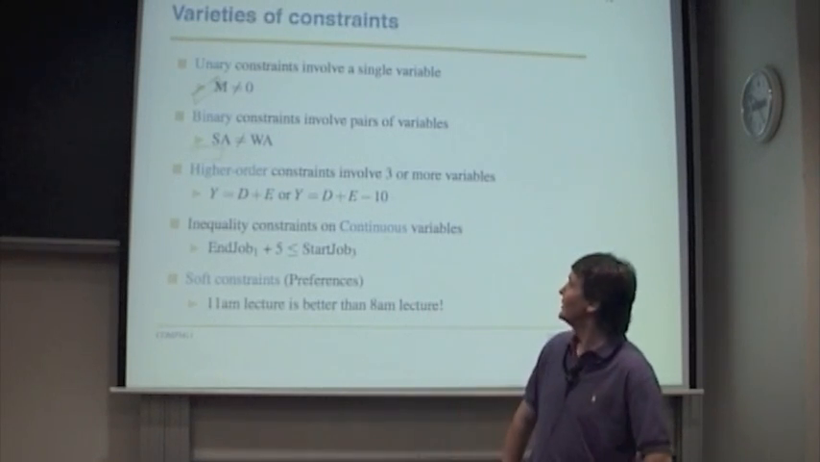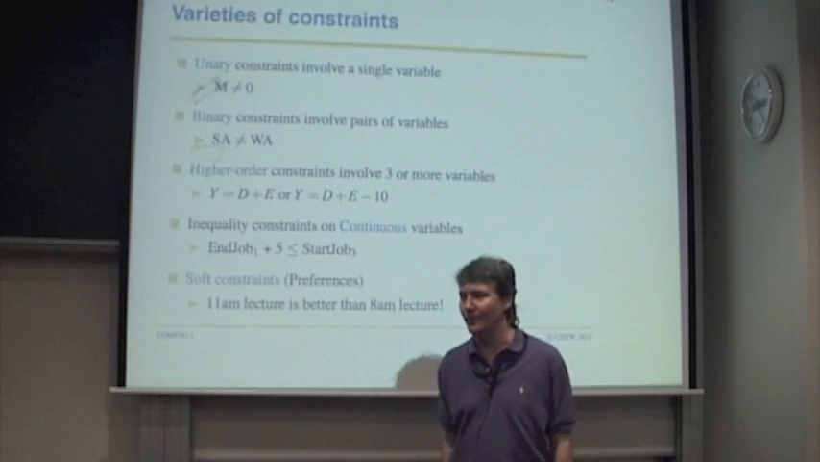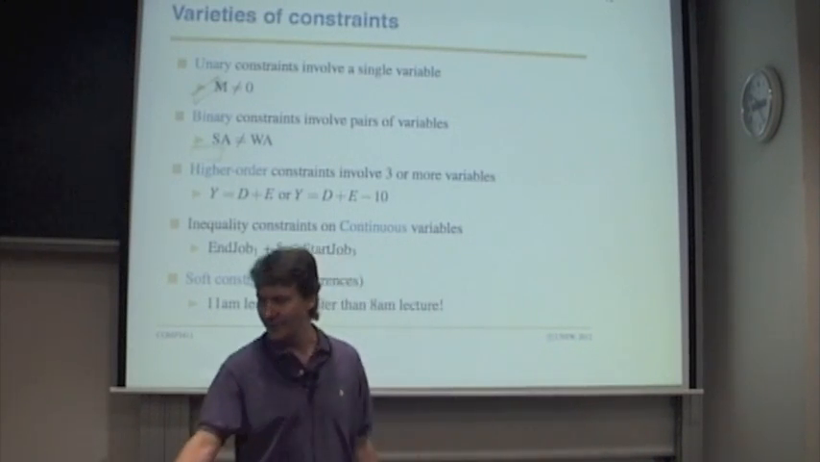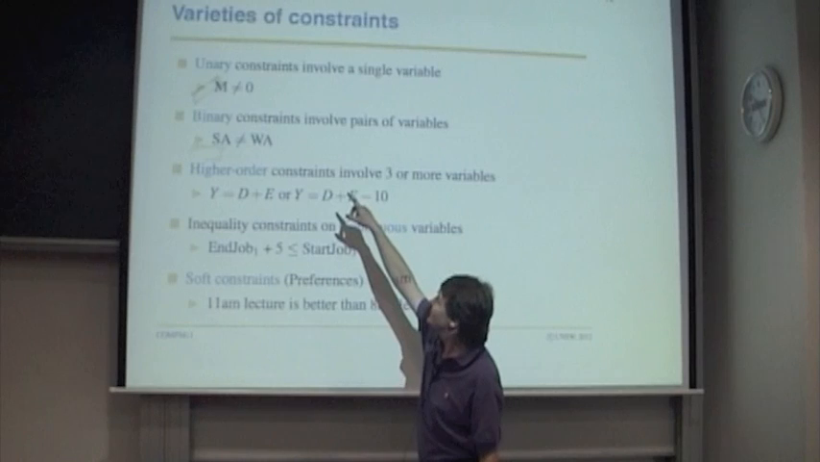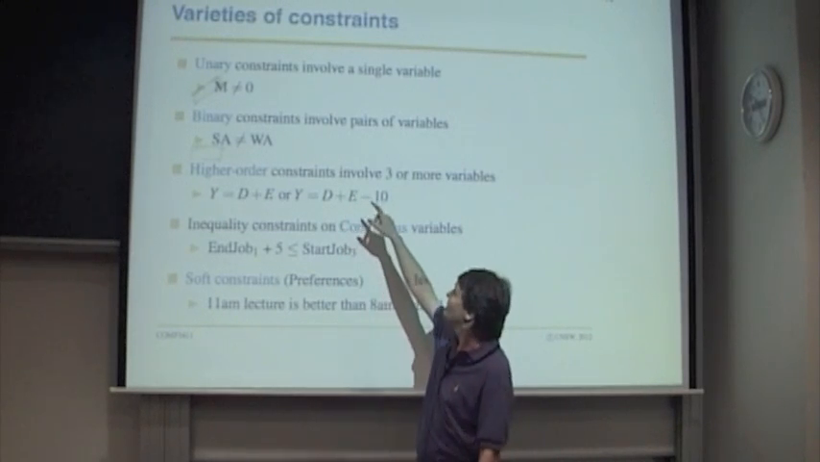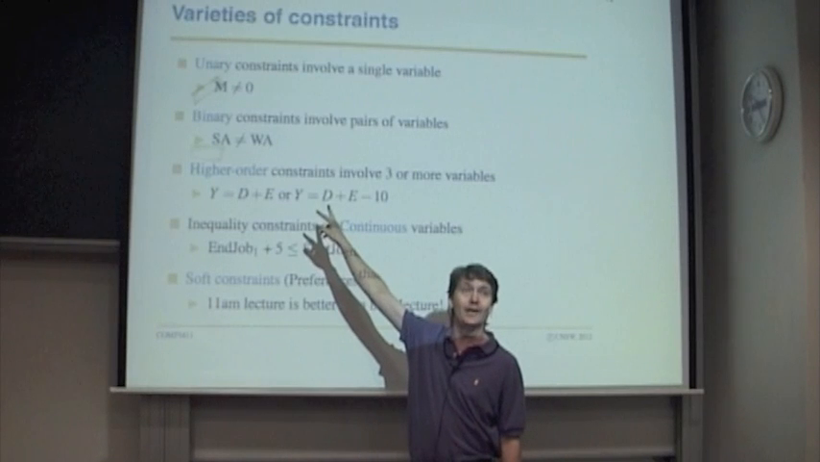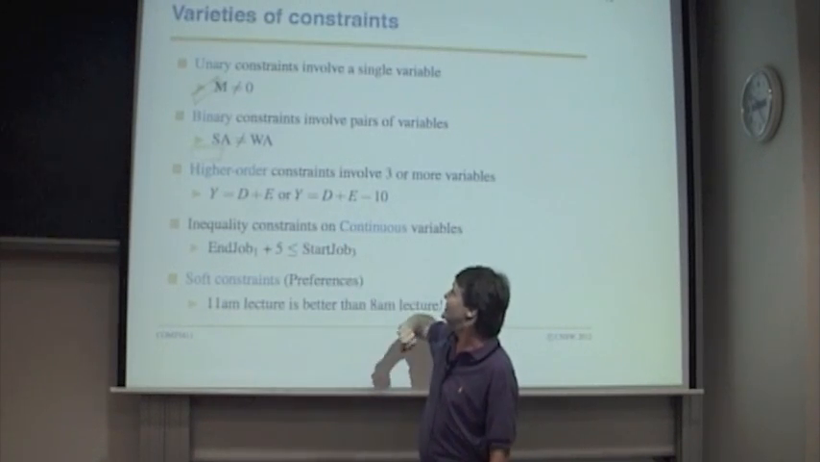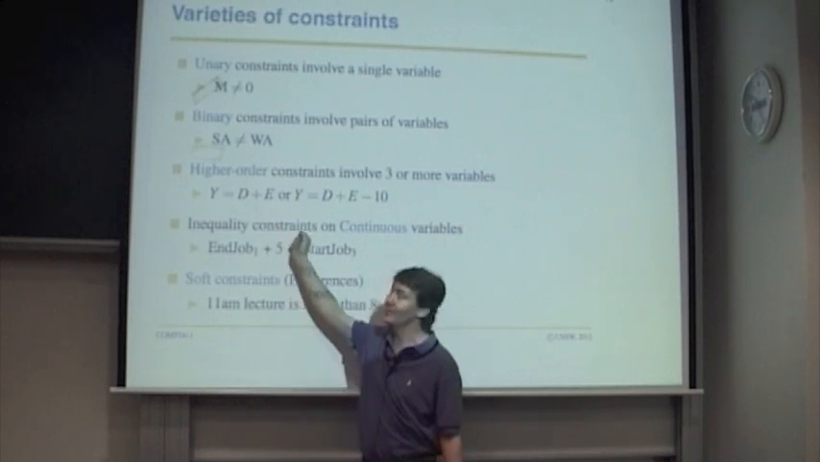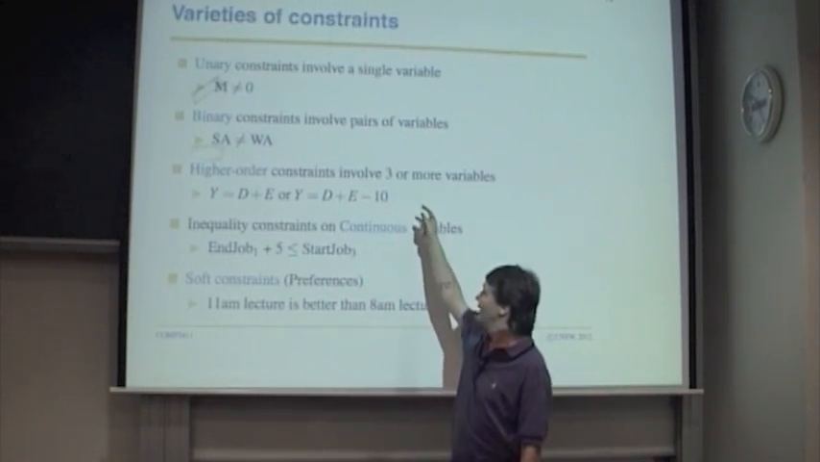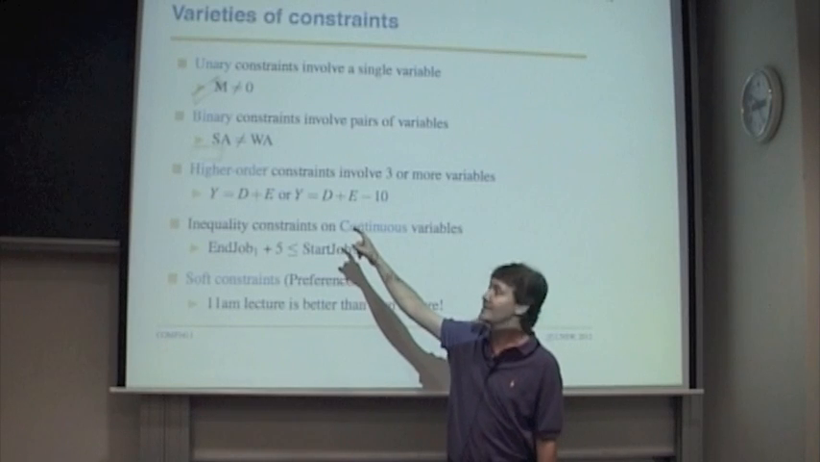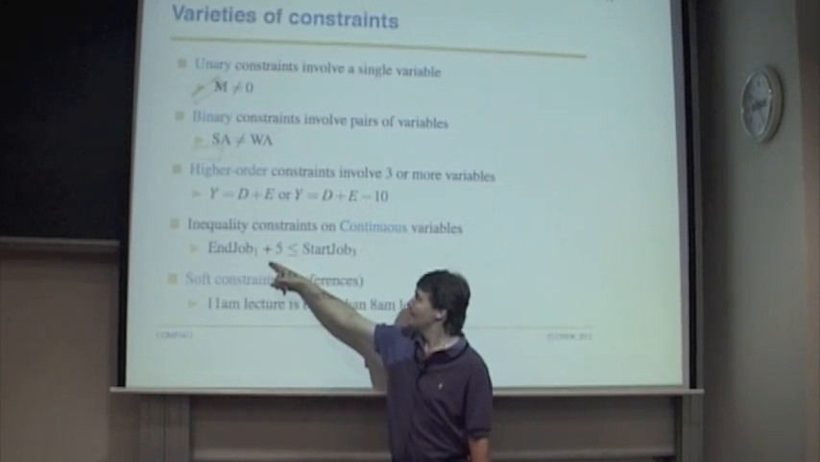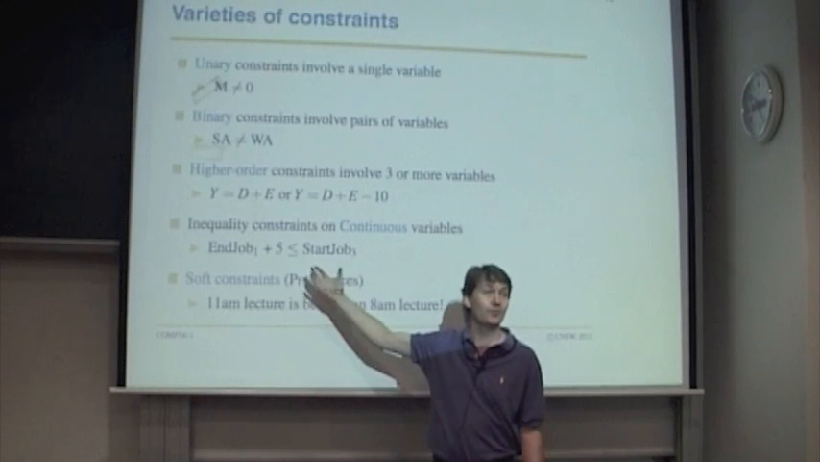And what kind of constraints can we have? Well, a constraint that involves only one variable is called a unary constraint, so m not equal to 0. If it involves two variables, it's called a binary constraint, and if it involves three or more variables, it's called a higher order constraint. These ones all involve discrete variables, but sometimes we have continuous variables, like in job shop